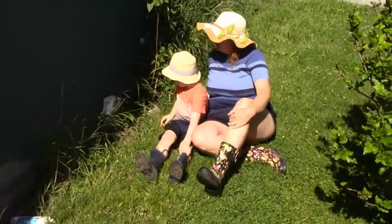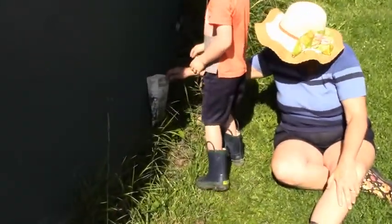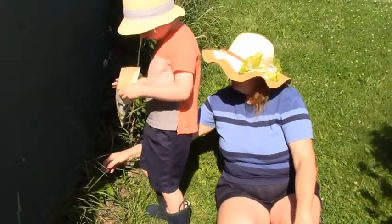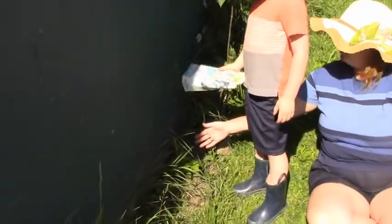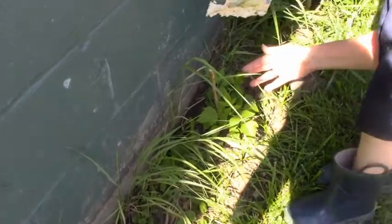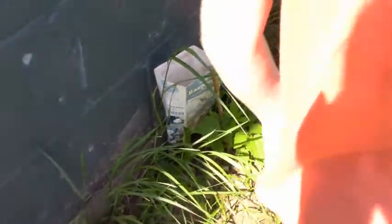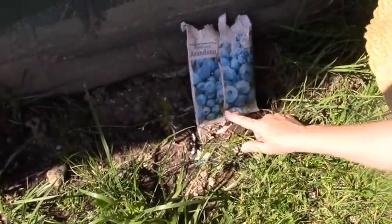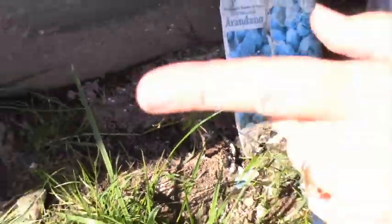Now, Luke, you wanna show them what's over here? Go ahead, right there, show them. This is raspberries. Show them this is the plant down here. Yeah, this is raspberry. This will get to be a big raspberry bush. And you know what we have beside the raspberry bush? We have a little baby blueberry bush growing right here. So when it gets big, it'll have all these big blueberries on it. And then beside the blueberry bush,